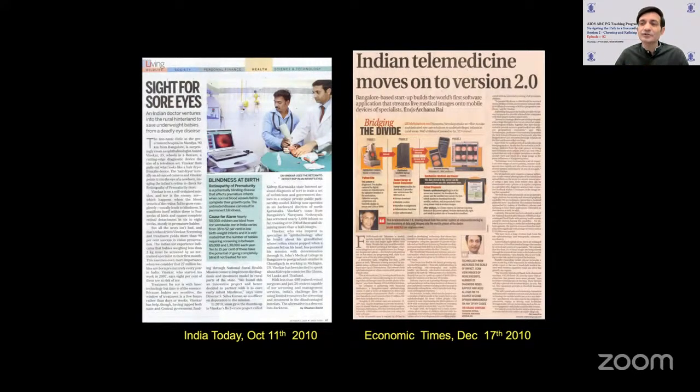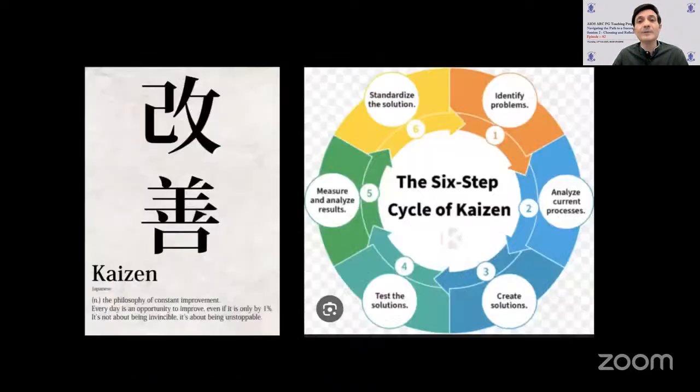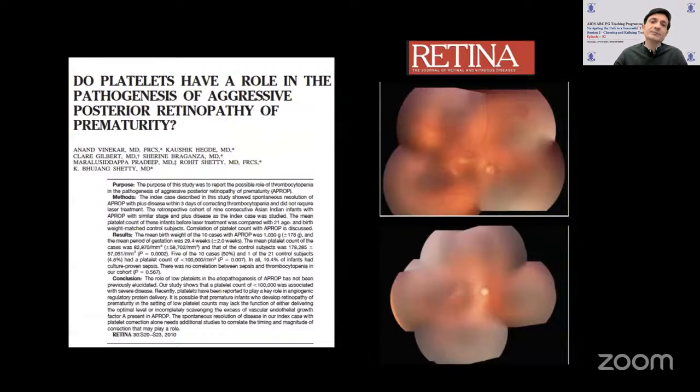And that's what I want to show you, that whenever you're trying to do something different, you might actually get a lot of rejections. And believe me, I've had way more rejections in publications than acceptances. But initially, even trying to get the first paper published was hard. So we started getting indirect press through the lay press, India Today, Economic Times. It was only when we partnered with the government and made it a public-private partnership that this really